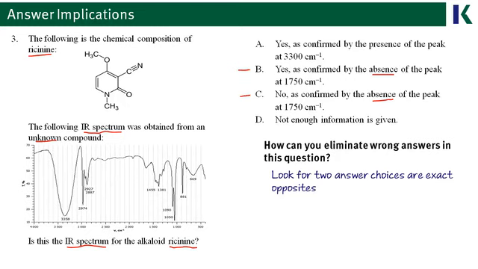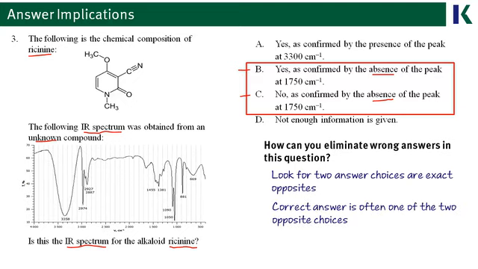Now, exact opposite answer choices aren't always going to give you the correct answer between the two of them. They could say both be out of scope. But when you're having to strategically guess anyway, and you happen to see two answer choices that are exact opposites of one another, that's a great place to start to try to make your strategic guess. So taking a look at answer choice B and answer choice C, you really could just guess between the two of them and move on. Because like we said, the correct answer is often one of these two opposite choices. It's just a thing about the test, because if one's true, the other can't be, and vice versa.